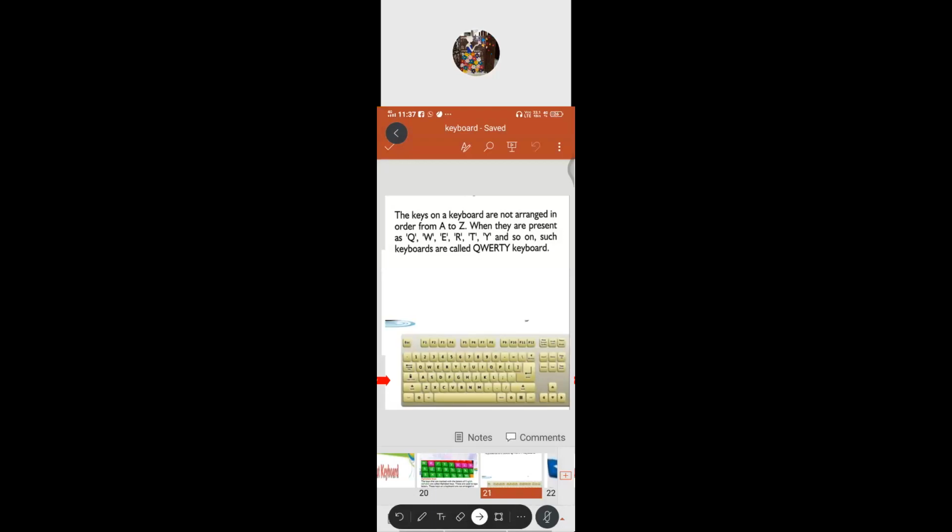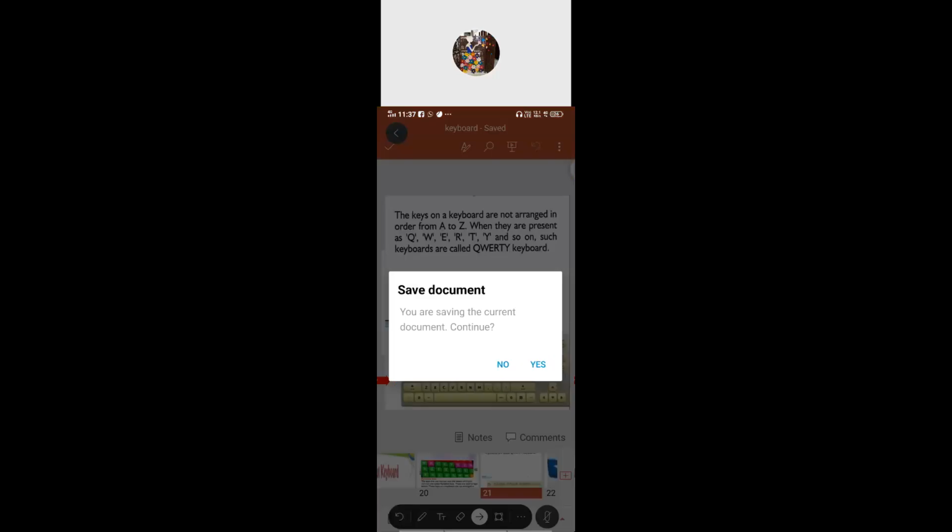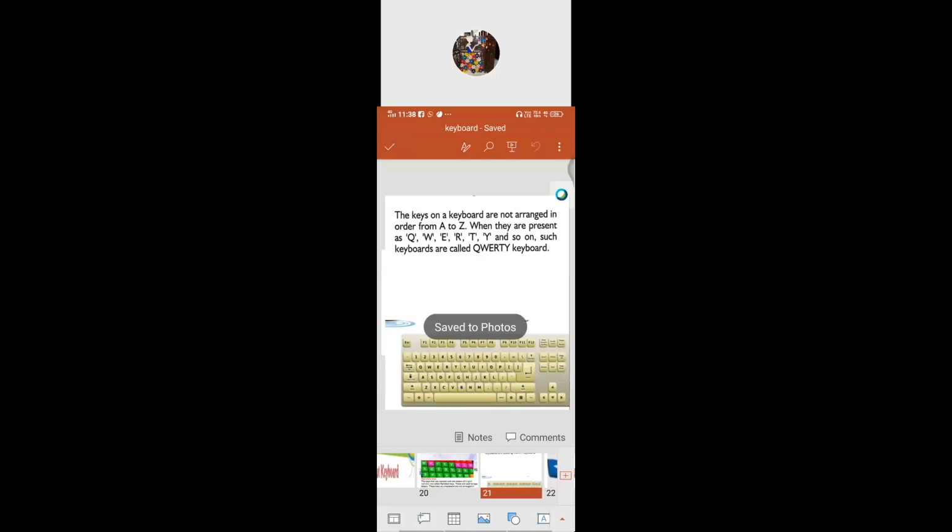Christopher Charles. So most used letters were spaced out so that the keys were less likely to clash into each other when typing. For that reason only the QWERTY keyboard was developed. Nowadays we are using the QWERTY keyboard only. For that reason only they are not in the sequence order, that means A to Z. Got it? That is the reason that we are using this QWERTY keyboard.